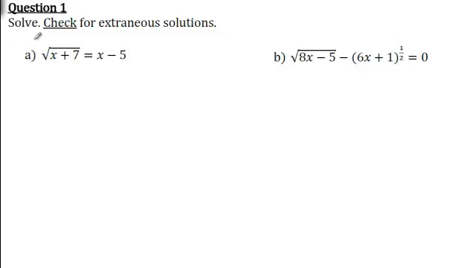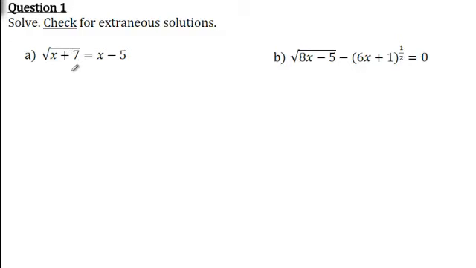Here, this is another type of question. They said check for extraneous solutions. So we have to solve this equation and see which solution satisfies the equation and which one doesn't satisfy the equation. First, when you have radical signs, make sure that one radical sign is on one side,